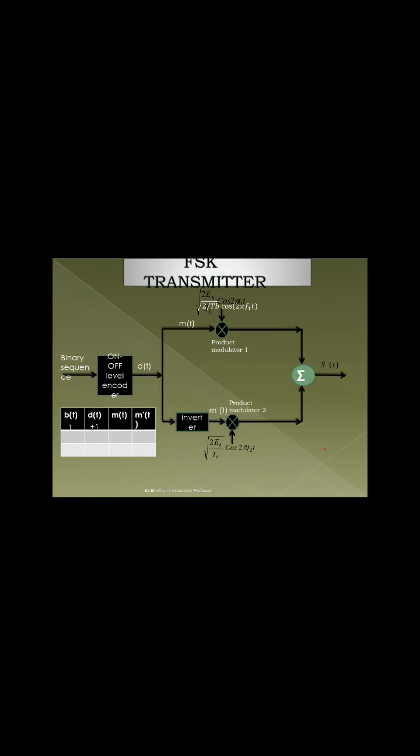So for bit 1, you'll get a positive voltage. m(t) will become 1, multiplied with the carrier, so you'll get the frequency cos 2 pi f1 t, that is cos omega 1 t. If I take bit 0,